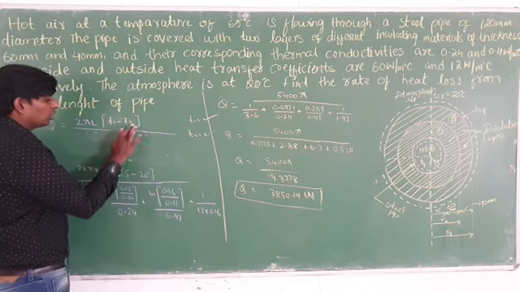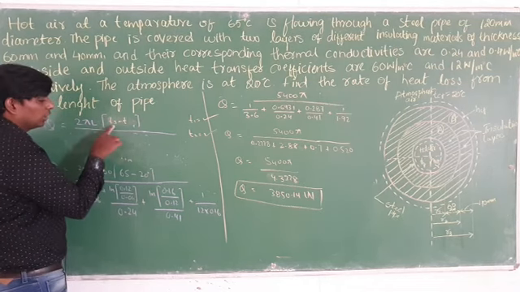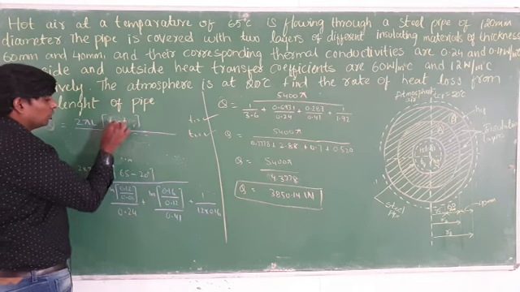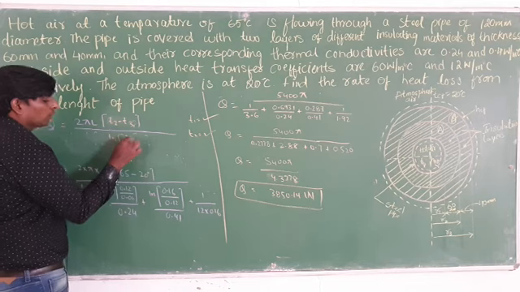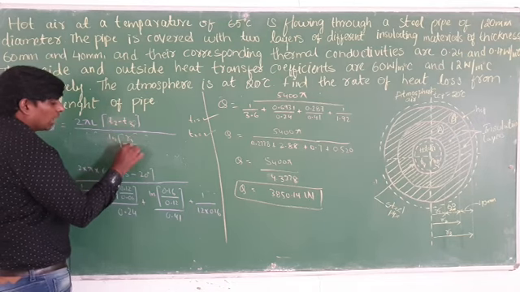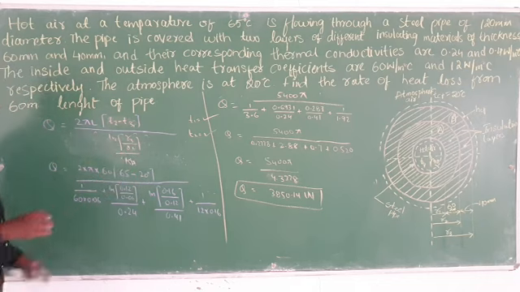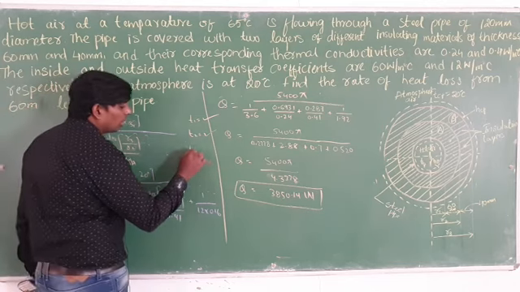If you want to find out T3, then what you have to do? You want to find out the T3. So T2 minus T3. In between that what is there? ln of R3 by R2 by, here you have to write down the Ka. ln of R2 by R3. With the help of this, you know this one, this one, this one, this one, except T3. From this you will get the value of T3.